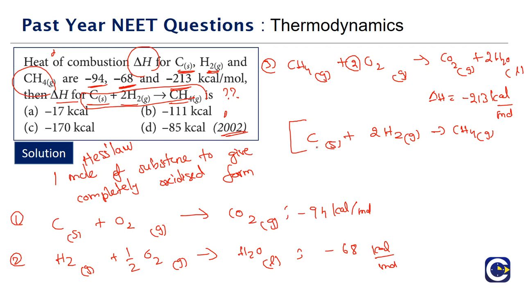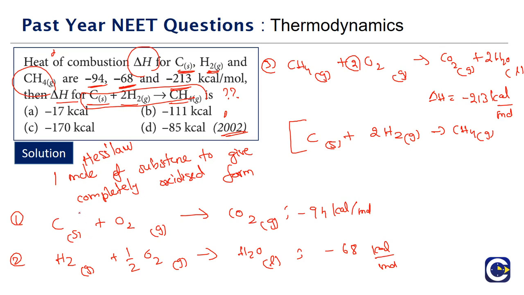When we get this arranged, the enthalpy change of the overall equation will be equal to the sum of the enthalpies of the individual reactions. Whatever reactions we add to get the overall equation, the sum of those equations' enthalpies will be equal to the enthalpy of the overall reaction. This is how the concept comes. So let us look at it.